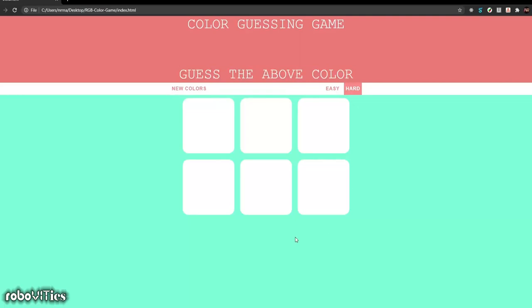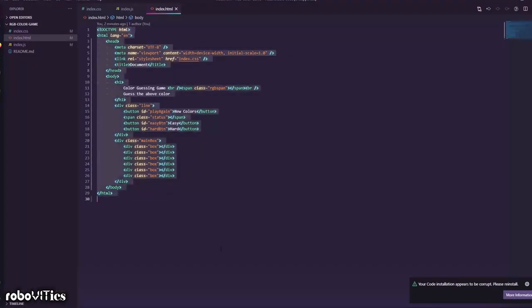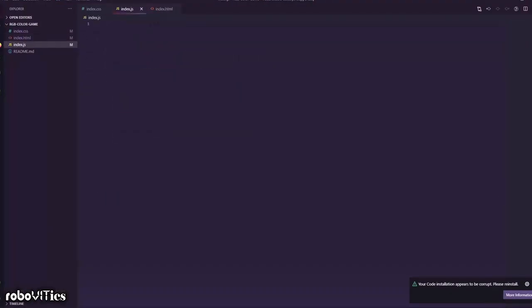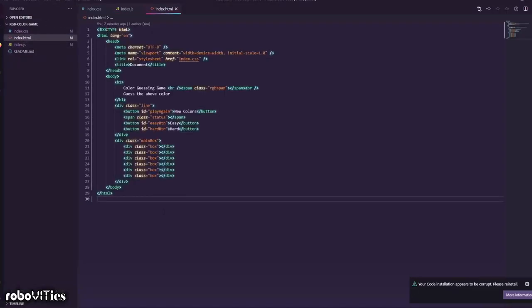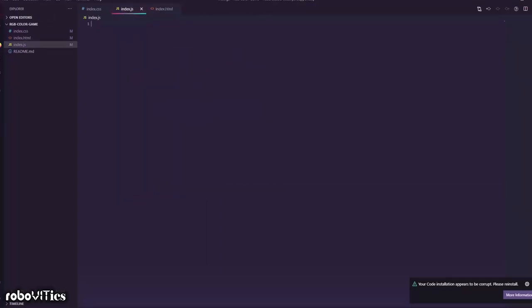So what we are going to do is implement JavaScript, which is basically the brain of the program. JavaScript is a language which runs on the browser, and you can integrate logic onto your website using JavaScript. So now let's get started by adding the JavaScript. Currently, this is what your HTML file looks like. Create an index.js file in the same directory, and then add a script tag in the end. What this does is it adds a script, which is the JavaScript, to the website. And usually you add this at the end right above the closing body tag so that first the website loads, then the JavaScript is implemented. Now save this and open your index.js.